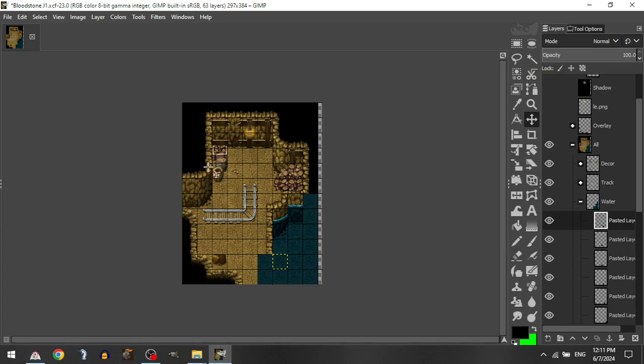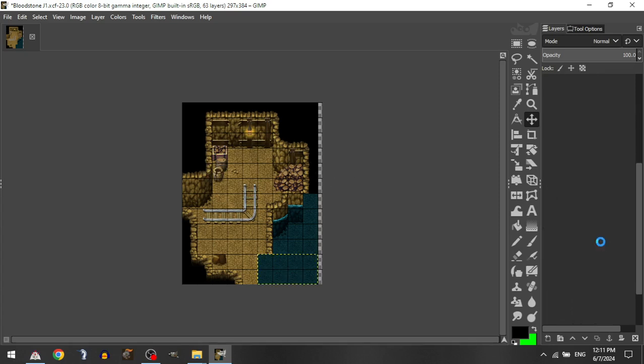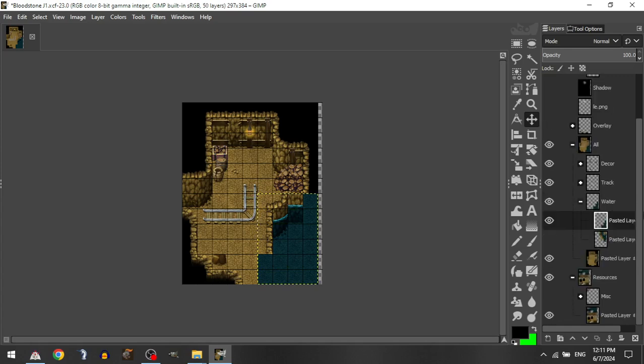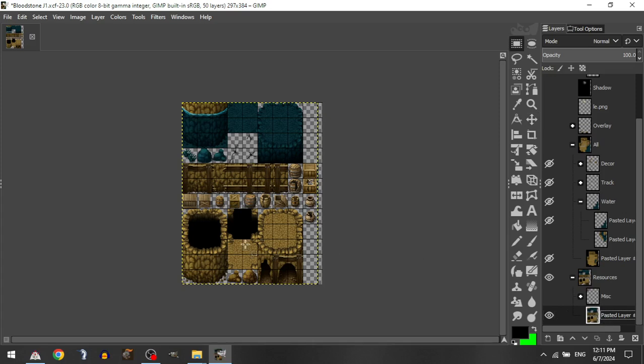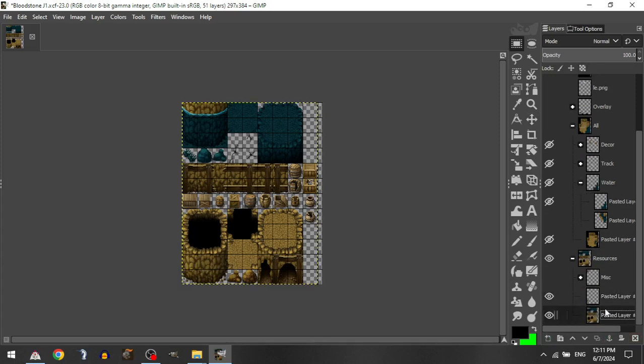Now let me just double check here. I need to make sure the top of each wall tile lines up properly, but that should be all I need. So let's merge those layers together. Good. Okay, I need this here. I'm gonna need this,